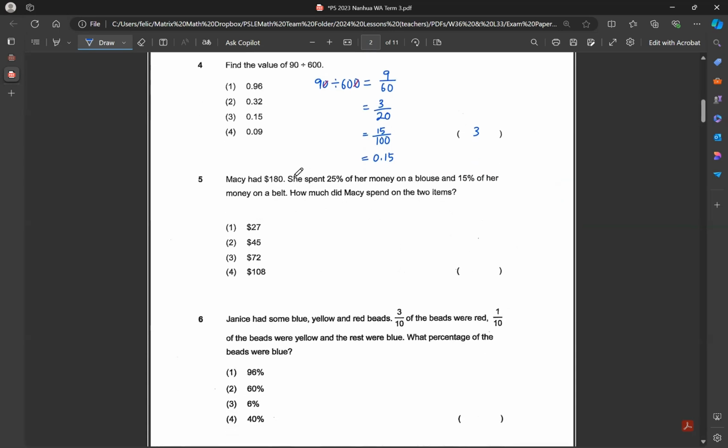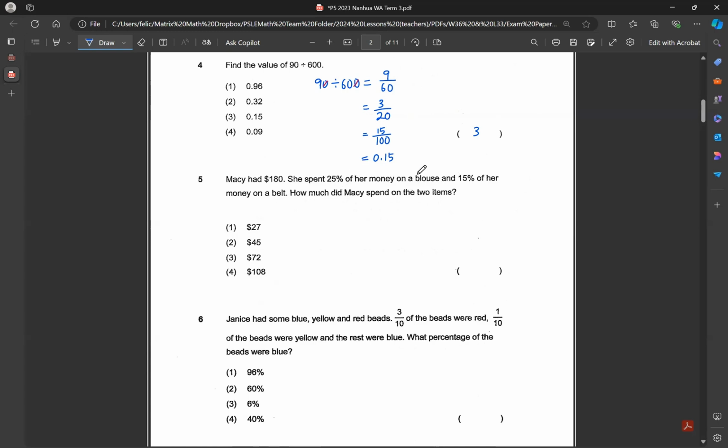Okay, so question 5. Macy had $180. She spends 25% of her money on the blouse and 15% of her money on a belt. How much did Macy spend on the two items? Okay, now take note for these two percentages, you can add them together because both percentages are representing her